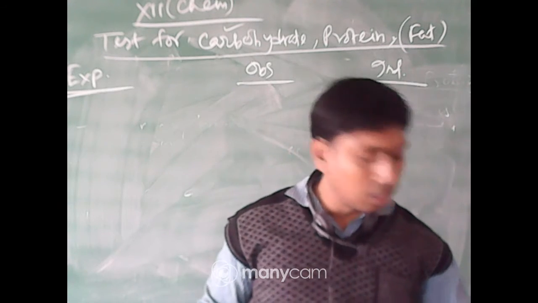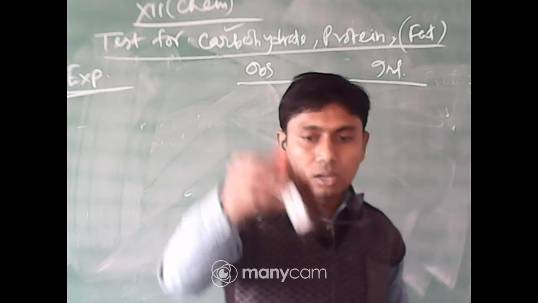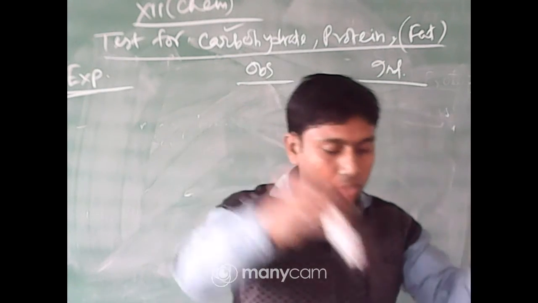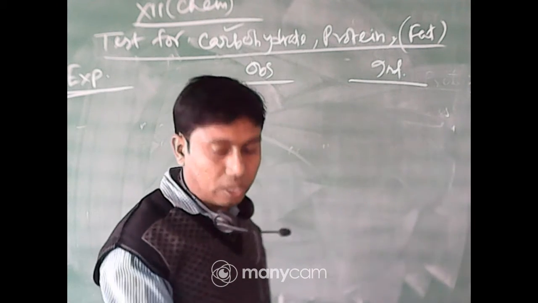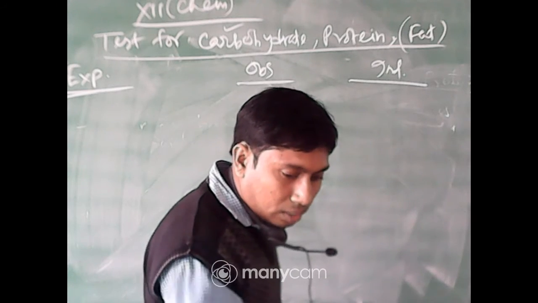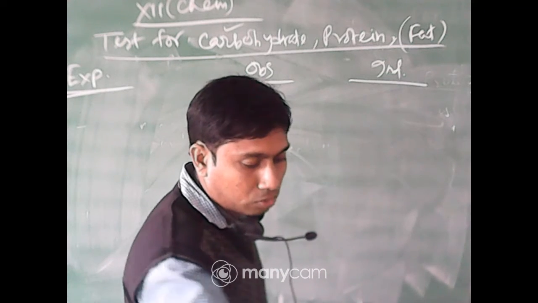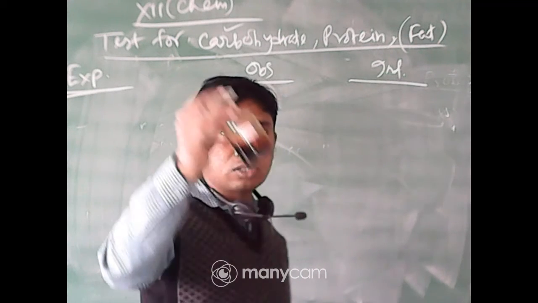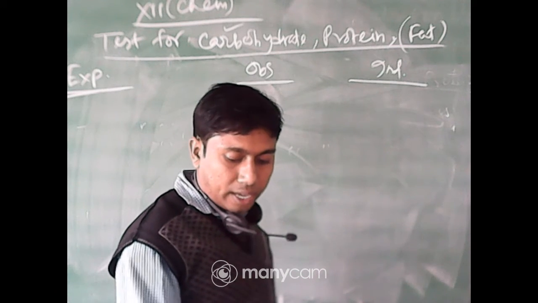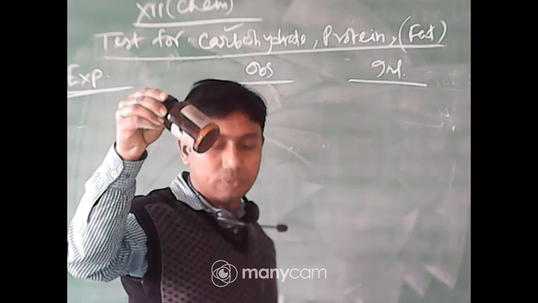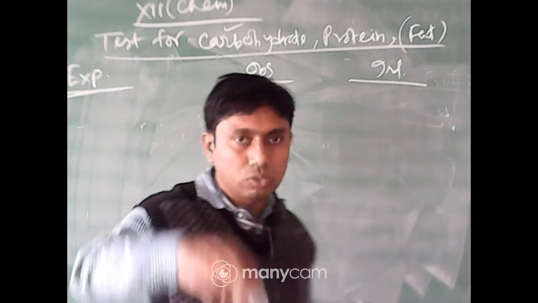Next one is the Fehling solution. Now the Fehling and Tollens, you already know about, because we have used them in the detection of the functional group. Next one is the alpha naphthol solution. Another one is the iodine solution. Iodine is dissolved in alcohol using KI. Another one is ninhydrin. This is for the protein. And this is the solution of starch.